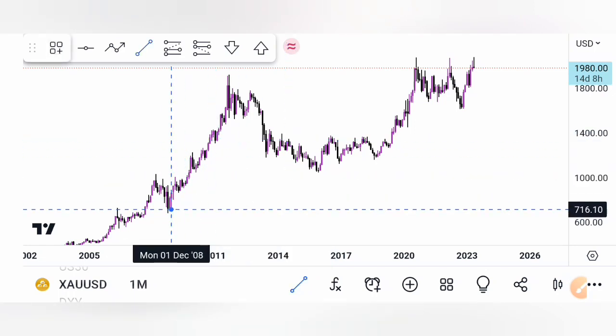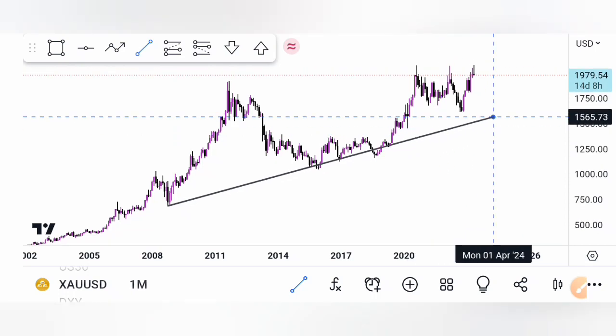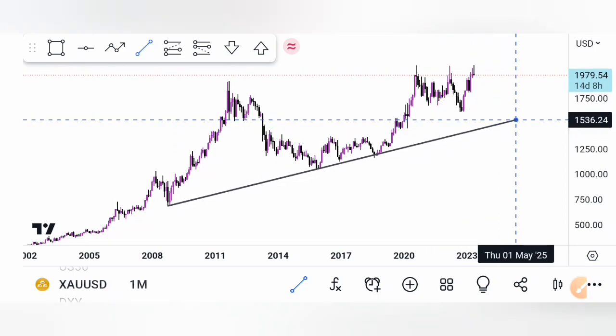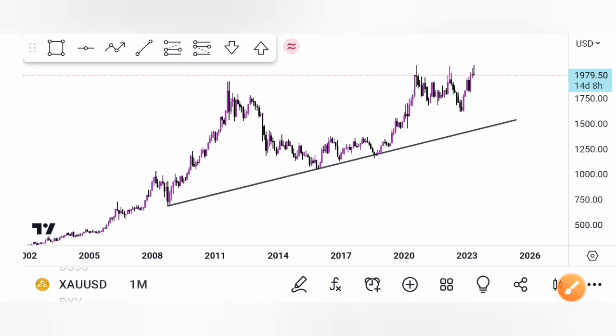You draw a supporting trend line, right? You don't just draw a trend line randomly. You connect the dots, right? So you see here, I took it from this touch and connected it to this trough over here, and had you entered on the third touch here, you would have made crazy amounts of money, because that move going up was probably, let's check it, about